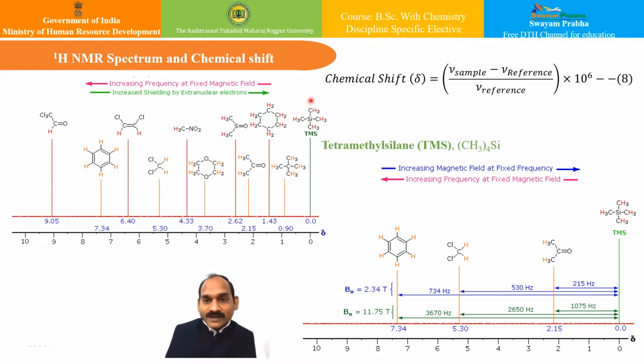So it is usually referred to as TMS, which meets all the characteristics that we have just now spelled out, and it has become the reference compound of choice for proton and carbon NMR. This TMS has been selected in NMR spectroscopy due to four of its important properties. Namely, this TMS has the molecular formula that you can see over here, which has 12 equivalent protons. So all of them resonate at the same frequency, and therefore a sharp single peak is obtained with a small amount of TMS. Very small amount is needed. This is the first part.